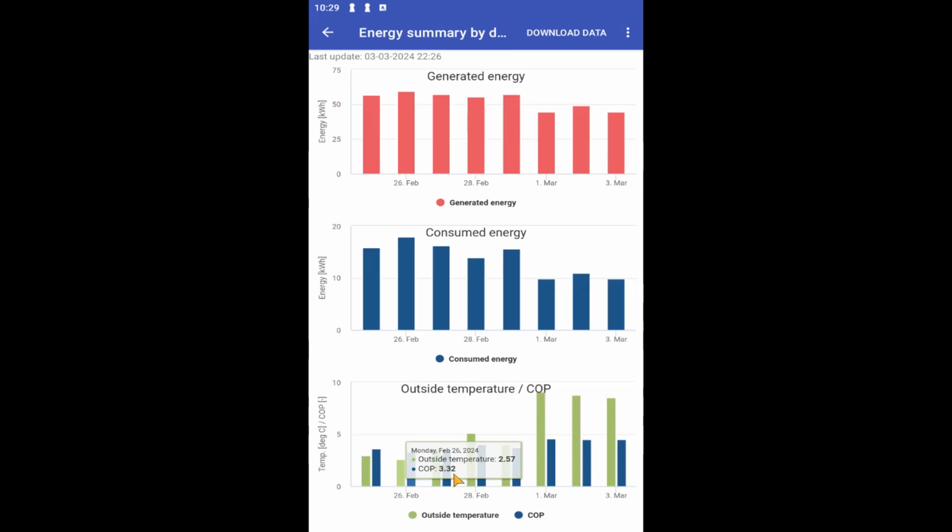When we click on this value here, we see that the outdoor temperature is 9.04 and the coefficient of performance is now a nice 4.53. So, we have a complete overview of the past week regarding how the pump behaved in terms of energy.